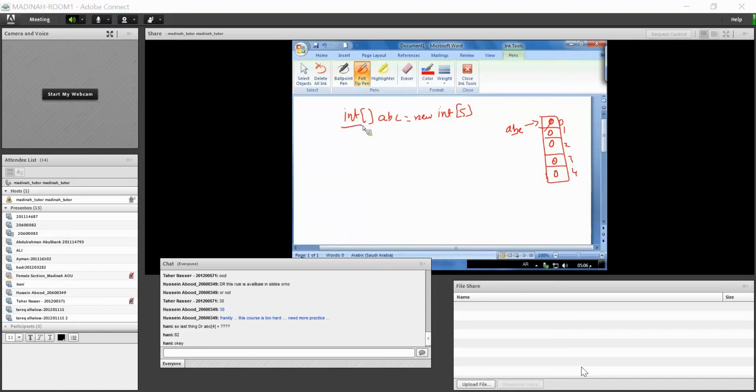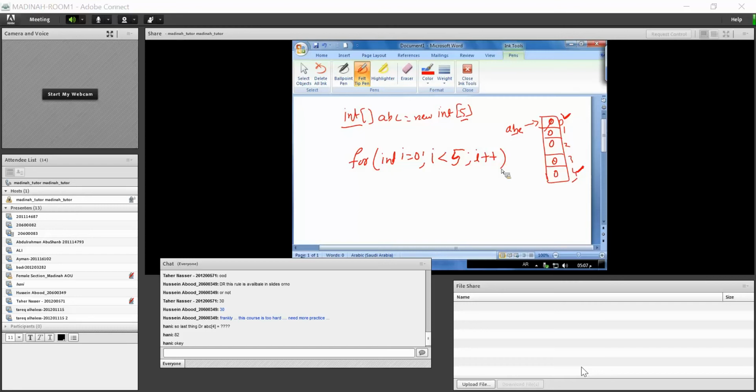The next step is to assign the values to the array. In assigning, we can use a for loop, starting from 0 to the length of the array minus 1. The length of the array is 5, 5 minus 1 is 4. So we can use a for loop: for int I is equal to 0, I less than 5, I plus plus.